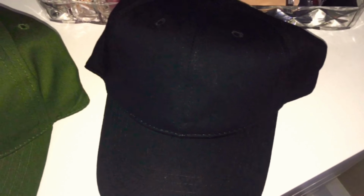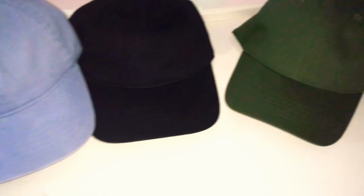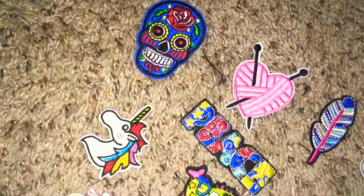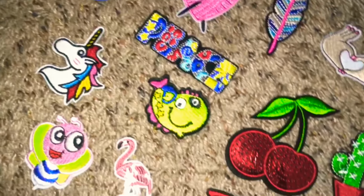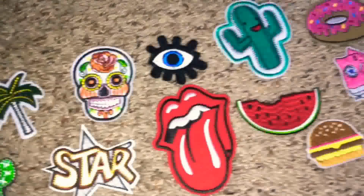Hey guys, so for this DIY, you're just going to be needing a few hats. In my opinion, I just got these from Walmart. You can get it from Michael's, your craft store, anywhere of your choice. And here I just have some iron-on patches. You can get these at your local store, or you can get them at Michael's, craft stores again, or Amazon,